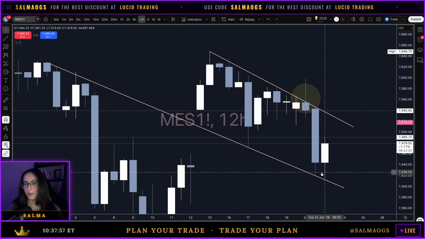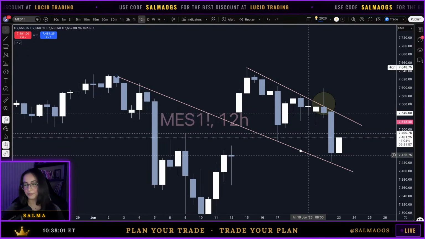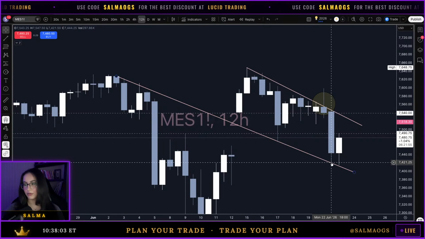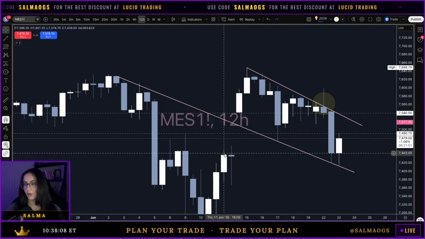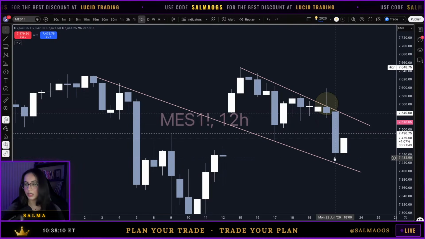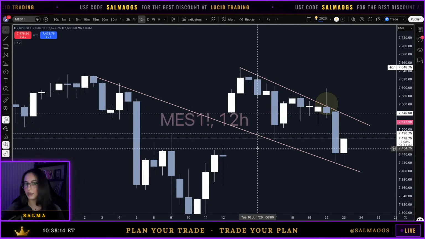And where do we come? I mean, you cannot make this up. I just had drawn this before. Where do we come to retest? We retest this trend line here. And what do we see? Where do we see some sort of reversal? We see